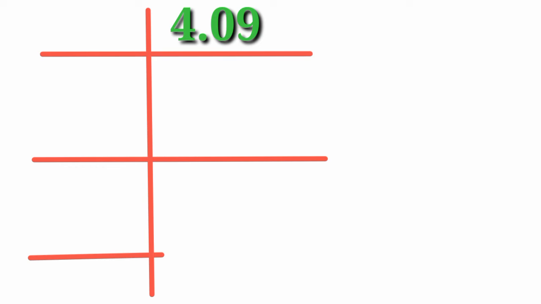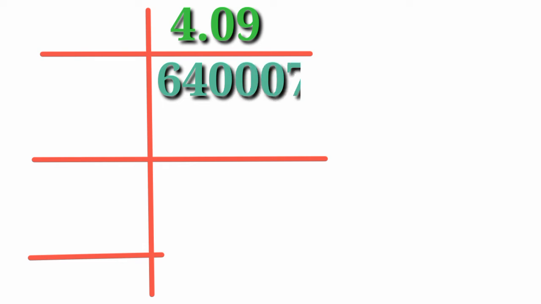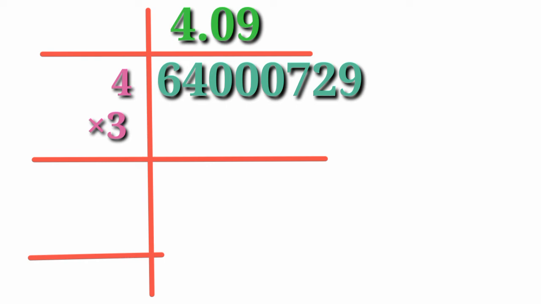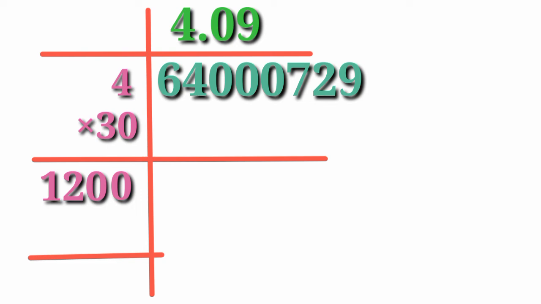Another example of cube for solving. 4 cube is 64, 0 cube is 0, 9 cube is 729. 409 multiplied by 30 is 120. The second number of 409 is 0. So add 1 0 from 120 in unit place. It becomes